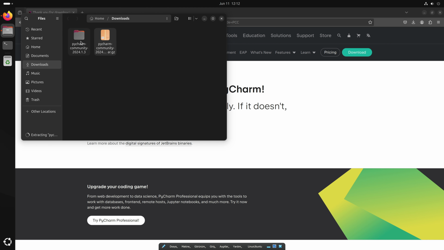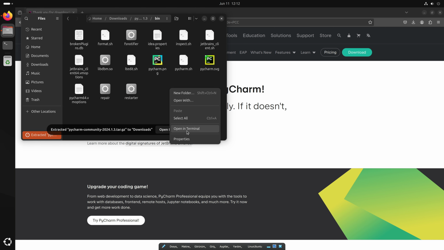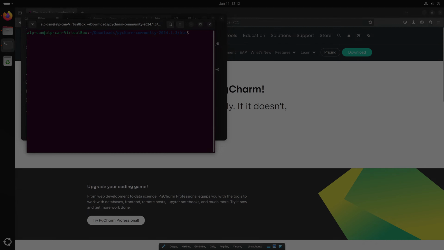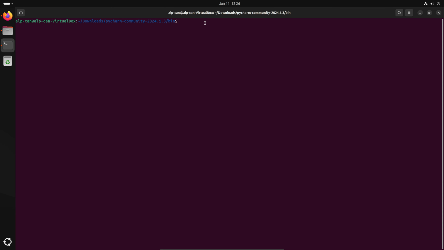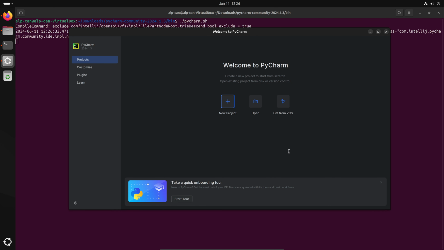Okay, after that, open it and open the bin folder. In here, right click and select open in terminal. In here, write ./pycharm.sh. Okay, after accepting the user agreement, you are going to see this window, and that means you have installed Pycharm